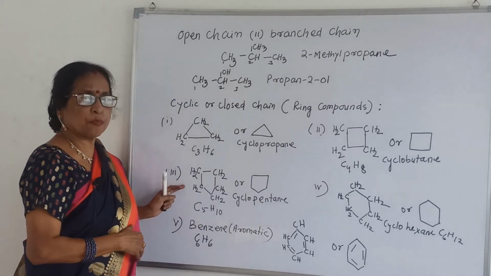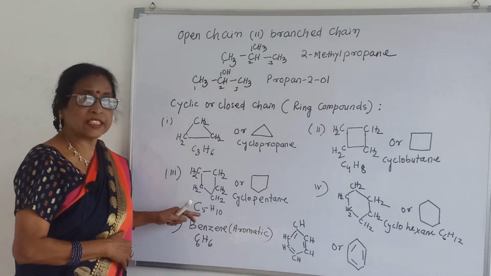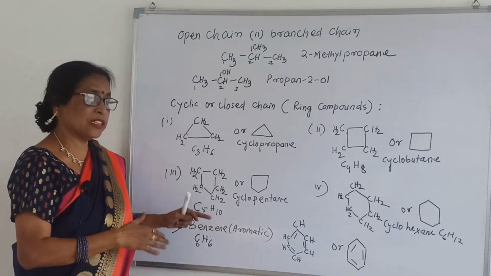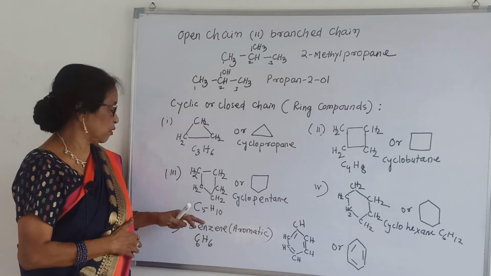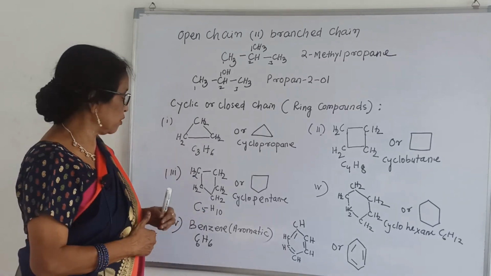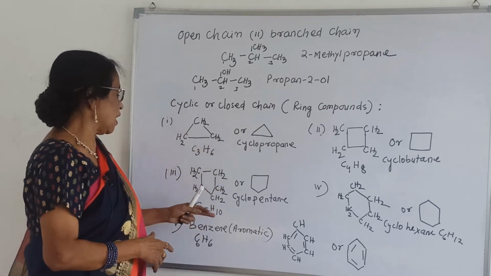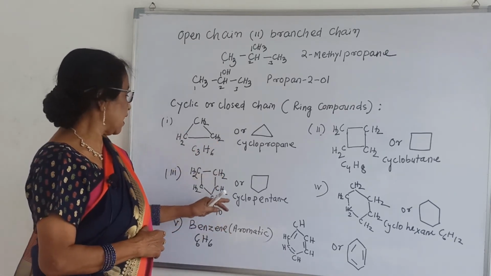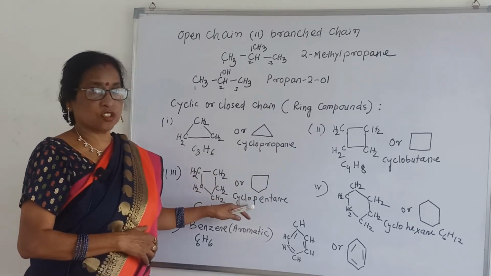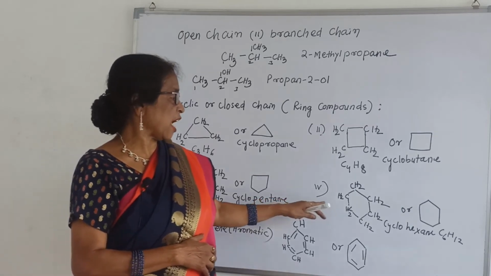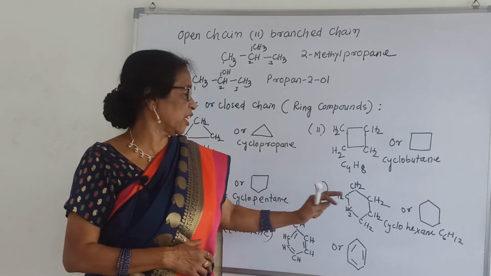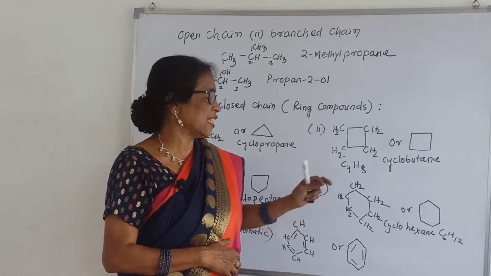Then come to cyclopentane. See, cyclopentane is C5H10. Why? Because pentane means C5H12, and cyclopentane has 2 hydrogen less, as both ends are closed. And this is the structure without any CH2 representation. It is called cyclopentane. Then cyclohexane, just like a hexagonal structure, and everywhere there is a CH2 group,